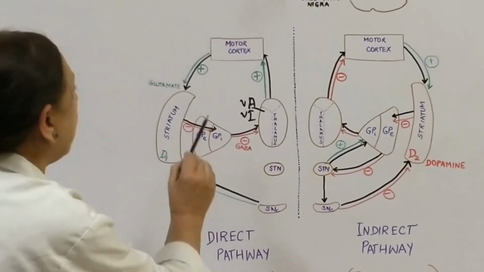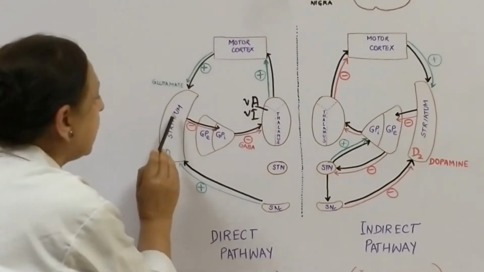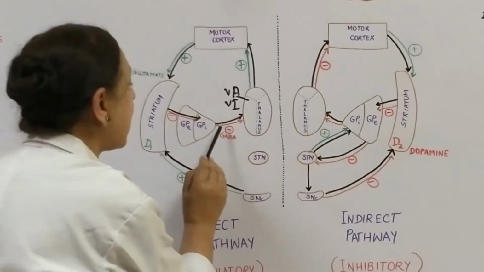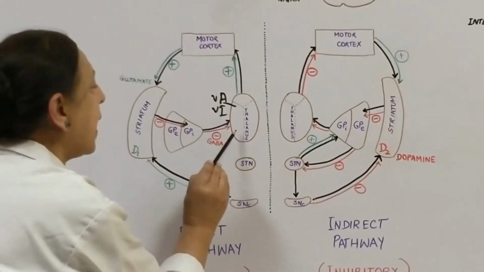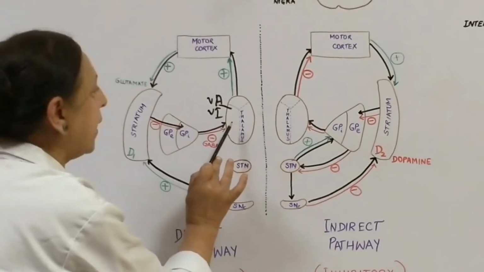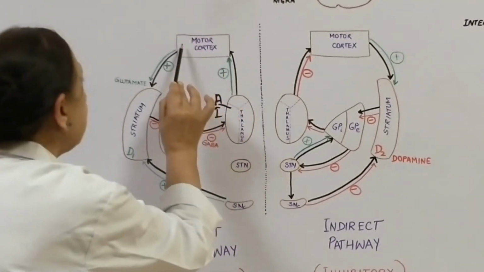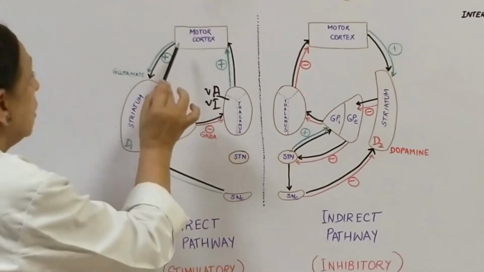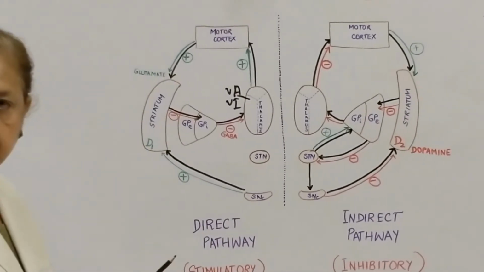Therefore, in the direct pathway, we have glutamate releasing onto the striatum and the striatum firing away GABA on the globus pallidus internum. The globus pallidus internum gets inhibited by this GABA from the striatum, and the leash on the thalamus is released. There is disinhibition of the thalamus, so that there is again release of glutamate to the motor cortex, and from here this motor cortex is going to act onto the corticospinal fibers and bring about the motor activity. That is the direct pathway.